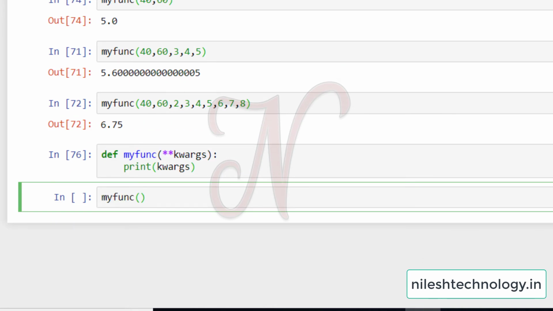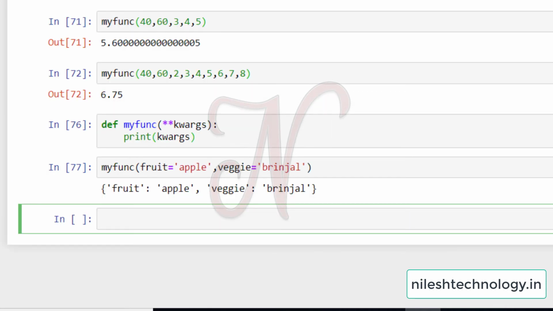So in this function we pass the key value pairs fruit is equal to apple, comma veggie is equal to brinjal. See here, this is your dictionary of key value pairs.